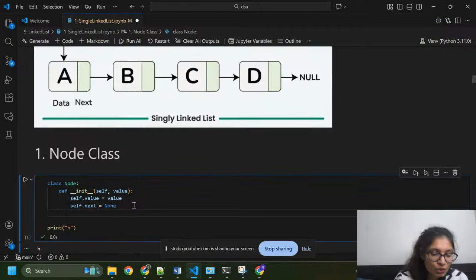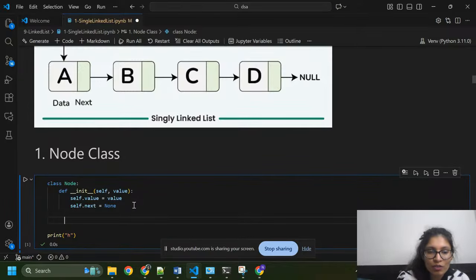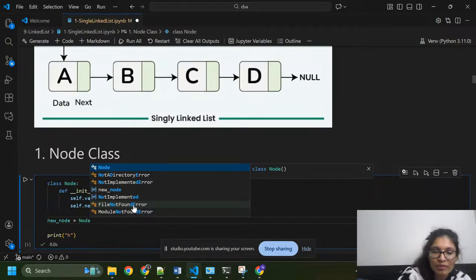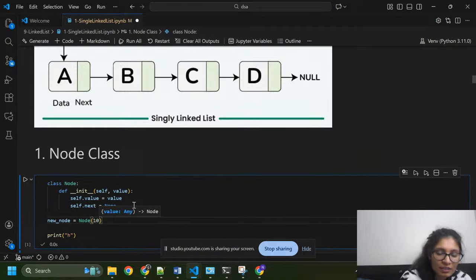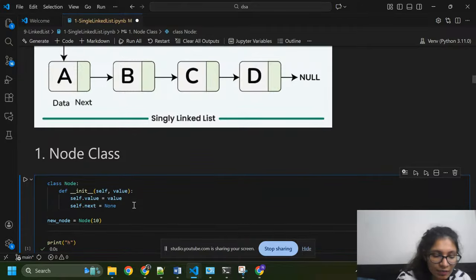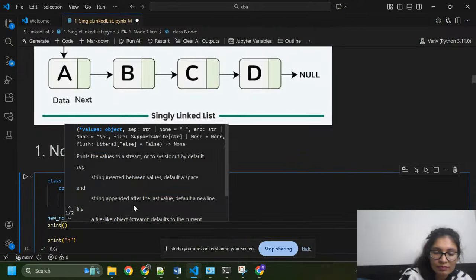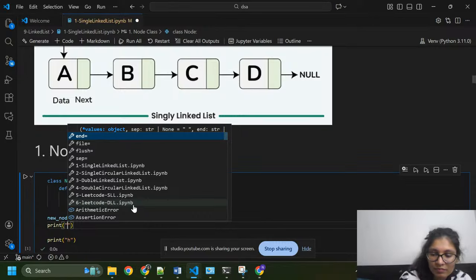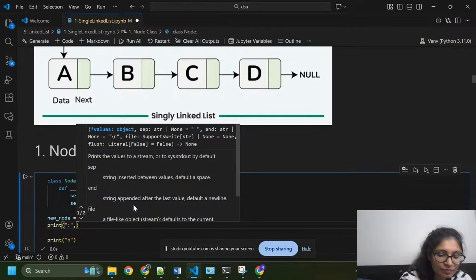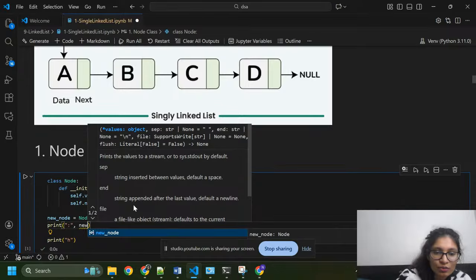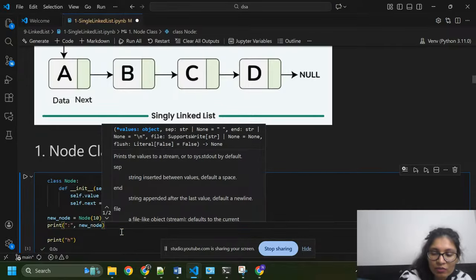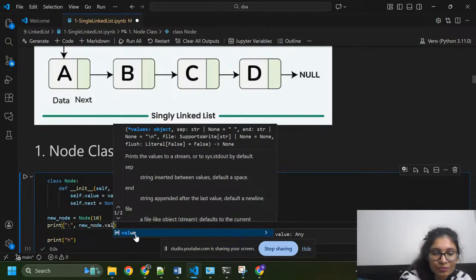After this I am going to create one object for the Node class. So new_node equals Node, so that we can add nodes one by one. Here I am giving 10 and I am going to use a print statement. I am going to write new_node.value, so that it will print the value.